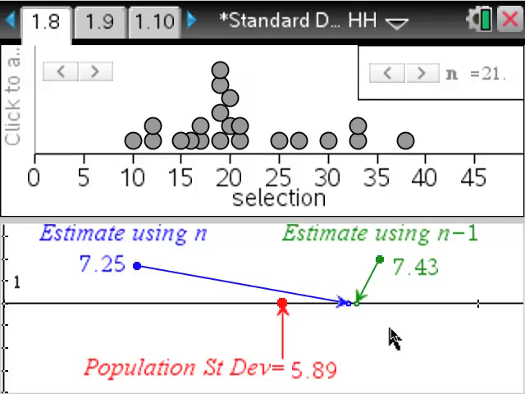So this gives students a sort of hands-on simulation. This works particularly well if you're using a navigator system, and you can project up on the display at the front of the board all of the class's simulation results and see if the majority have n minus 1 giving the better estimate. That's it. That's all it